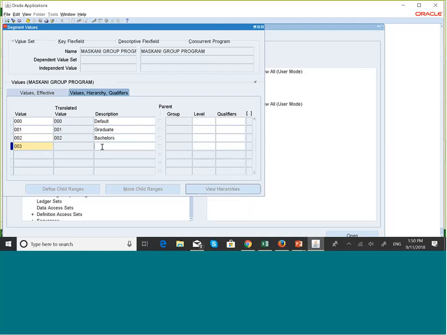Then 003, we have diploma. So the idea behind this field is that this Mascani group of companies is going to have another operation in India, and this operation in India is going to be a school. So I plan to use the same chart of account structure. Once we create the chart of account structure for that ledger, we are going to create another ledger for that operation, and so that is why we have this